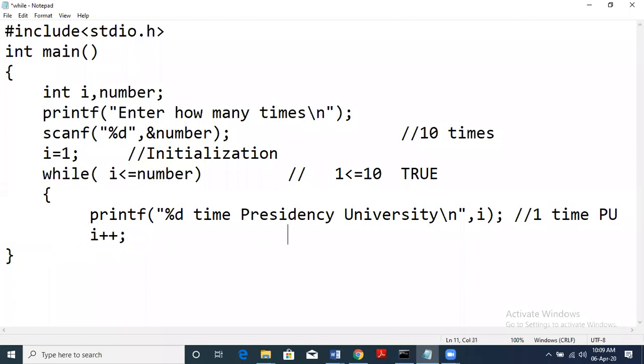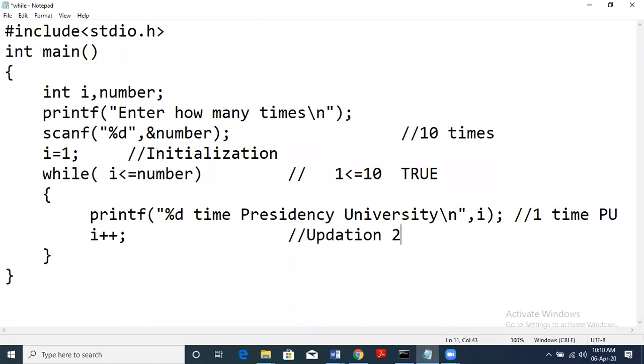So we have ICU, right? Initialization, condition, and updation. Updation can be either increment, decrement, add 2, add 4, subtract 5, multiply 6. It can be any type of updation. The meaning is we are incrementing or decrementing the value of the index. We are updating the value of the index, which is i. In this case, we are incrementing this i here. So we just check what happens. With updation, i becomes 2, right?